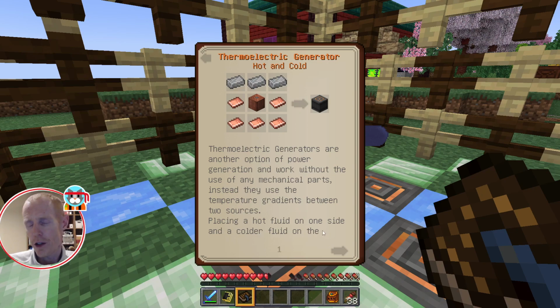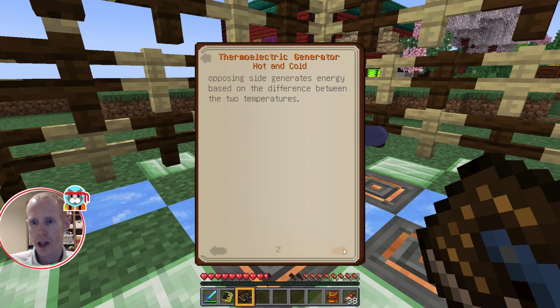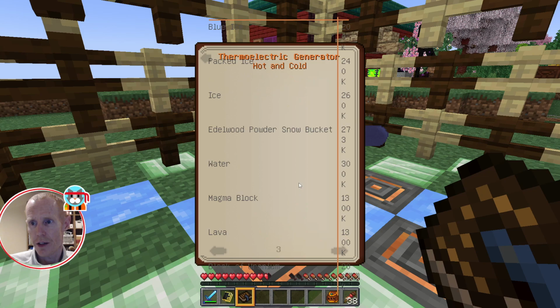So if you didn't know any better, you just put lava on one side and water on the other, and that'll help generate some energy for you. But the higher the difference in the gradients is, the more energy that this block will produce. And it actually gives you,